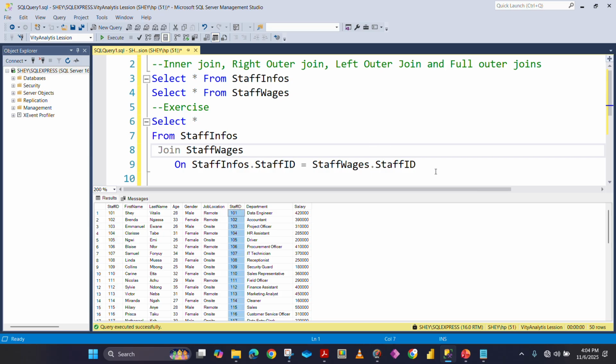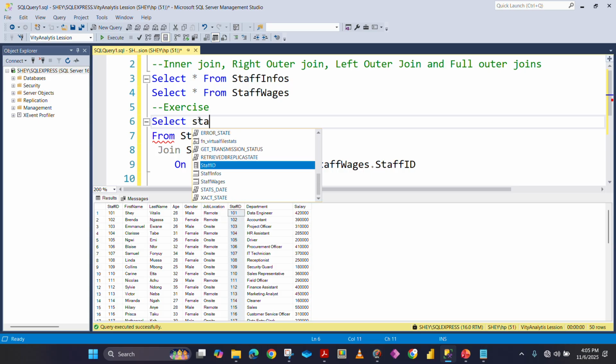What is equally good with the join statement is that we can query SQL in such a way that it only provides us with the columns that we want to see. In order for us to do that, we will come here